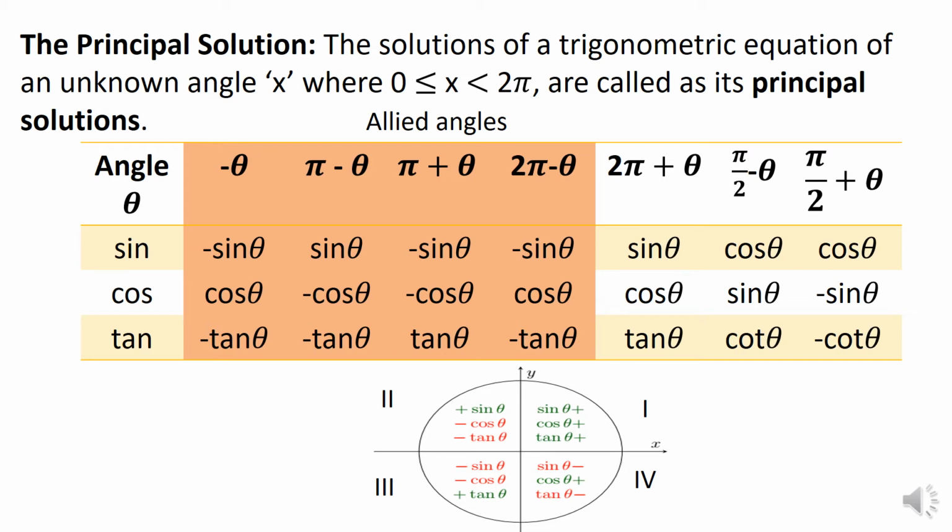In the same way, you can figure out cos and tan values. Once you understand sine and cos values, it is easy enough to think about tan, because tan is sine upon cos, isn't it? So in this way, just remind yourselves what you did last year regarding the allied angles. Spend some time on this particular slide, get this thorough so that you understand the exercise as we do it next.